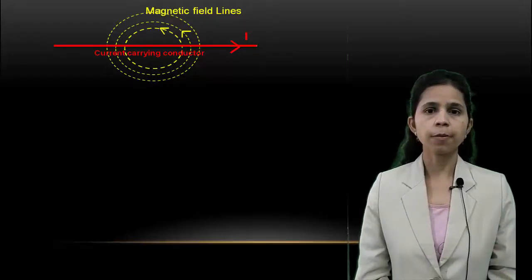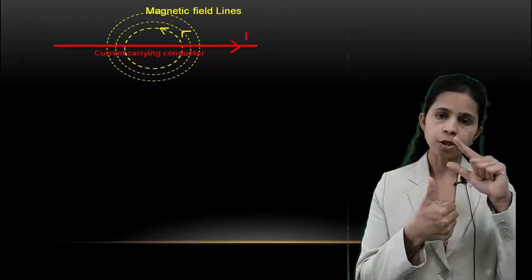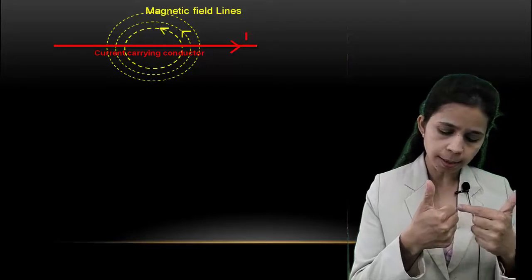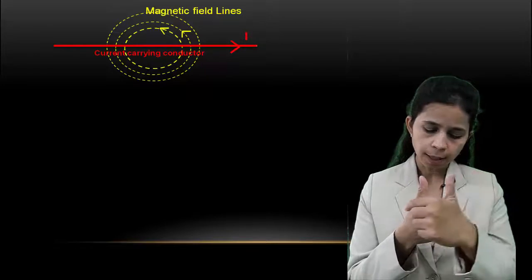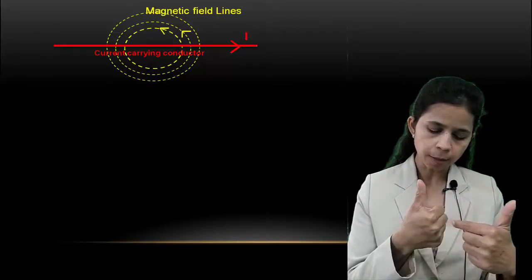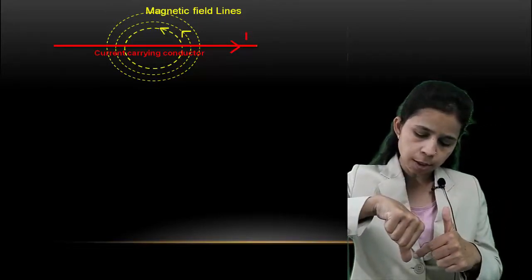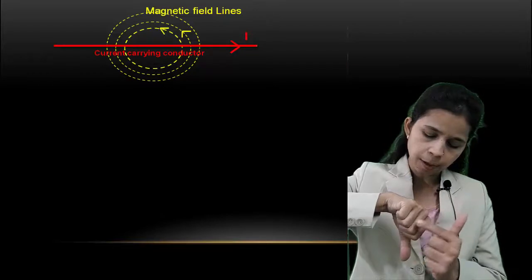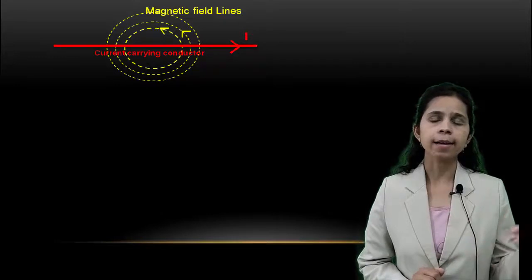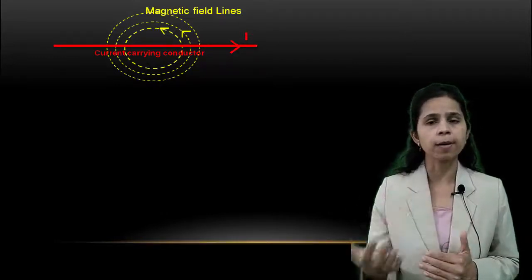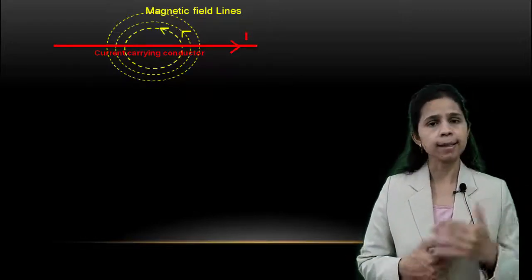Direction of the magnetic field is given by the right hand thumb rule. If your thumb points in the direction of the current, then the curled fingers indicate the direction of the magnetic field. So if your thumb points in the upward direction, then the magnetic field indicated by the curled fingers is in the anti-clockwise direction. If your thumb points in the downward direction, then the magnetic field is in the clockwise direction. If the wire is carrying a DC current, it produces a steady magnetic field around it which is not changing. But what will happen if the wire is carrying AC current?